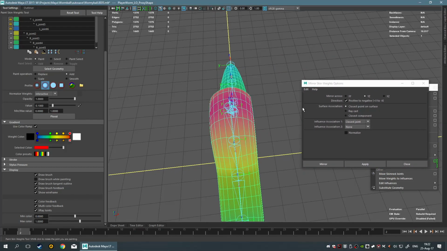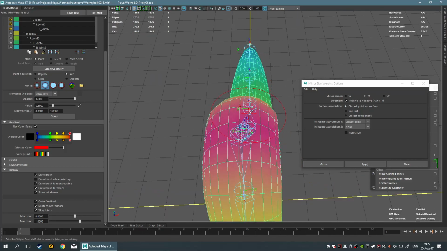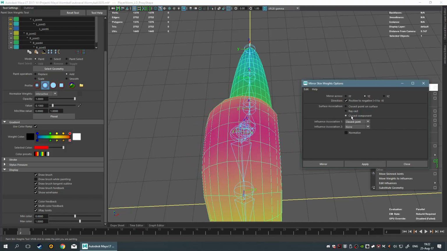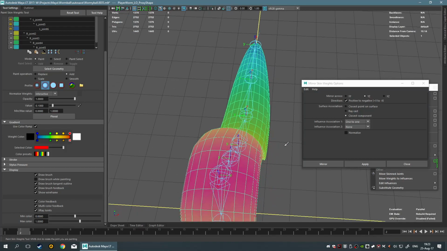And it's going to take the closest point on surface. In my case, I don't want that because this is a one-to-one. It's completely symmetrical on both sides, so it's not going to happen where there's going to be a vertex on one side and there isn't on the other. So I'm going to go ahead and choose closest component, and I'm not going to use a closest joint. I'm basically going to use a one-to-one, though in this case it shouldn't really matter because we're using the same skeleton, right? And then obviously normalize,